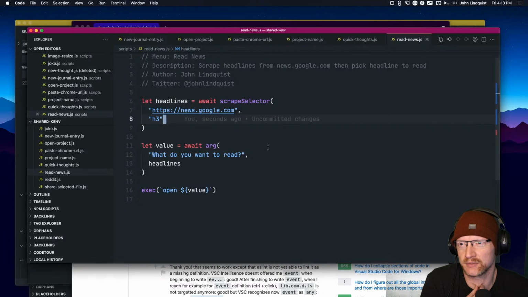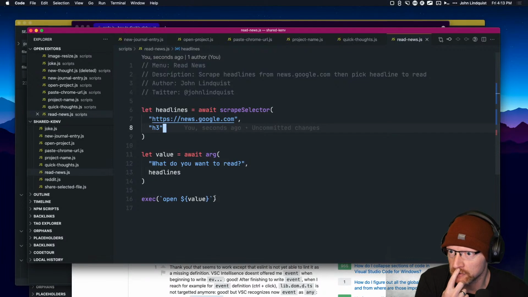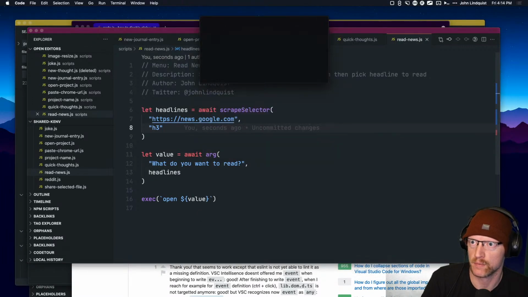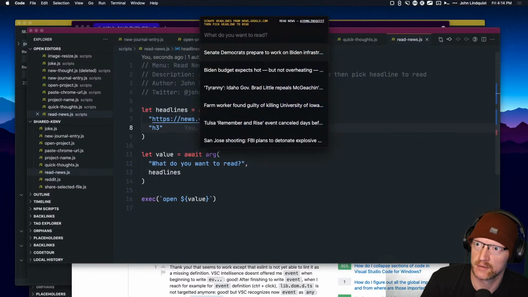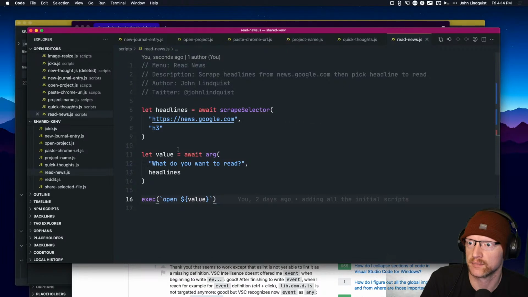But I think the vast majority is just getting the inner text of the selector. And then once you pick it, it should return, oh, it's not returning the URL anymore. So if I were to run this, read news, and then select something, yeah, that value is just